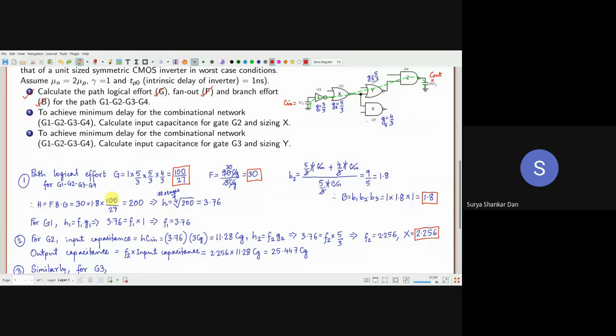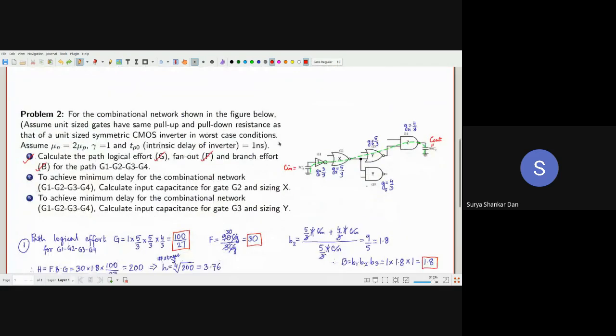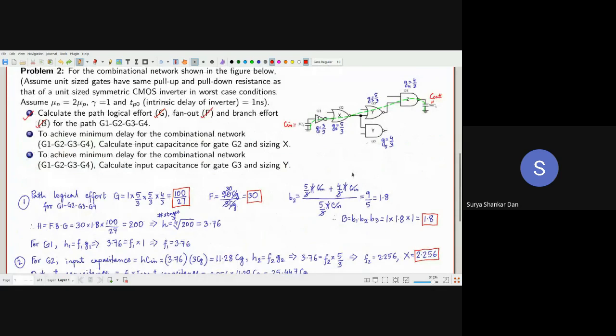So what is the individual path efforts? H is equal to, again, in fact this small h is equivalent to the small f which we had done earlier. ये small f है ना यहाँ पर. The only difference between this small f and small h is that over here it was only small f because there was no branching. In this case, however, there is a branching effort involved, so that is the reason why we have to incorporate this capital B as well. तो यहाँ पर हमने h लिखा है. I mean, there's nothing a big deal.